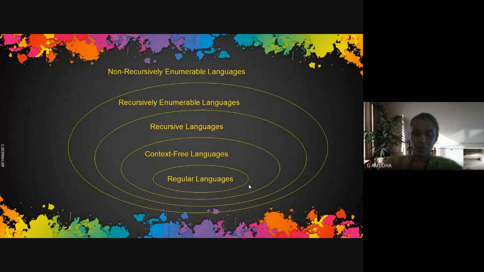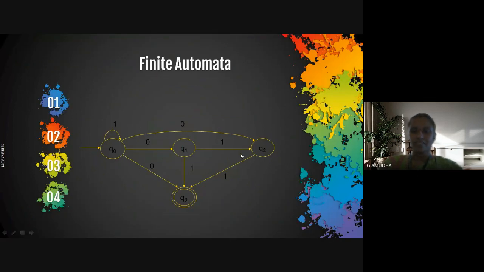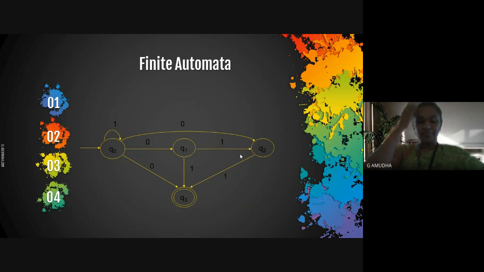Okay, ma'am. So next is just an example of finite automata. I have said automata, and in that we are going to see first, what is meant by an alphabet, string, languages, all that we have seen. Then we are going to start with the first topic, which is finite automata. Automata is nothing but a machine, where it is going to accept some set of inputs, move from one state to the other state, and finally reach the final state.